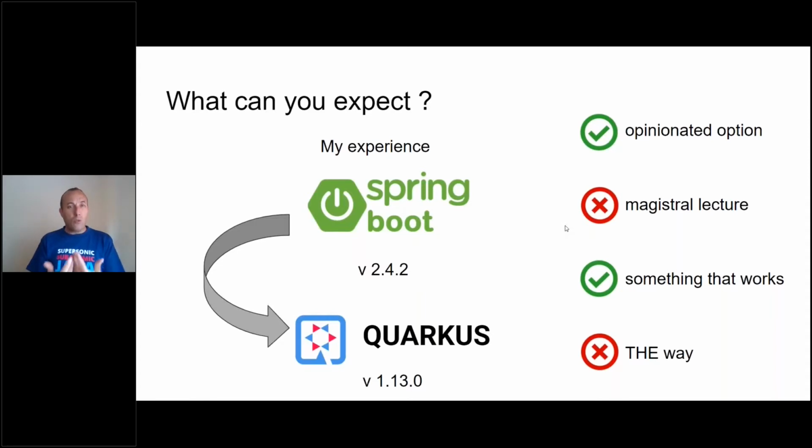This is also something that works, but it's not intended to be the perfect migration. Something that works, something easy, something fast, and then get the numbers and the experience of how it feels to do this. As I said, this is not the way, but only a way. I will show you 2 different ways of doing things, but you can mix them or even use different libraries to achieve the same. The version of the Spring Boot project is 2.4.2, and Quarkus is 1.13. We are now in 1.13.4, I think. These are the versions that I used to do the migration.